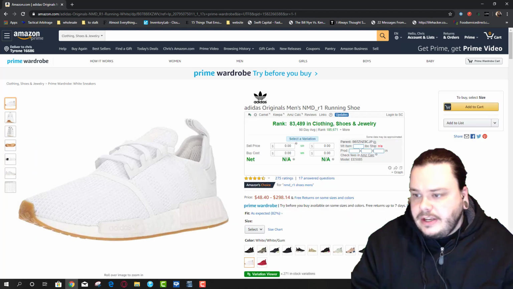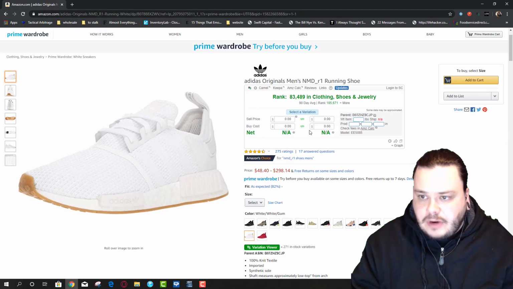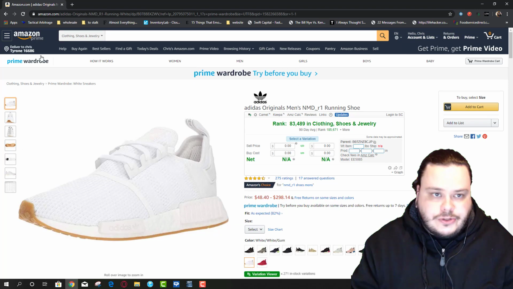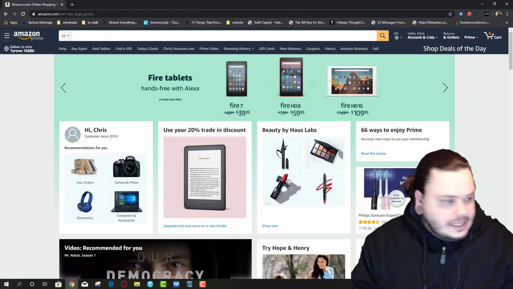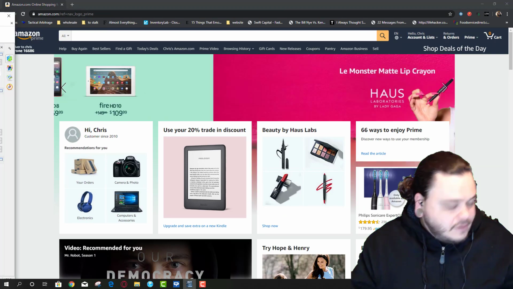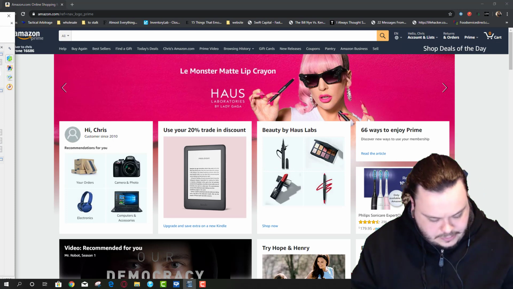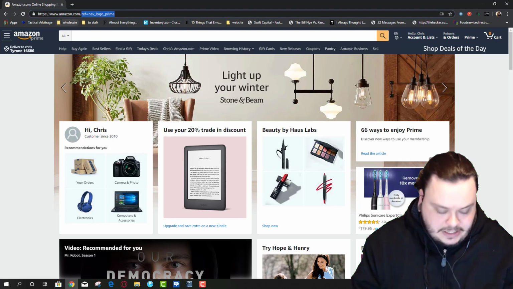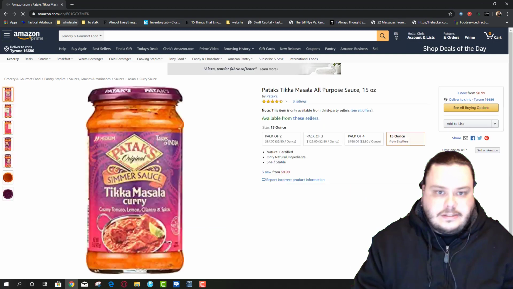I am using RevSeller and KEEPA. So this is KEEPA and this is RevSeller. RevSeller gives me an idea on pricing. KEEPA gives me an idea on sales rank and sales velocity. So let's get into this. Now, not everybody knows this, but Control X. When you're looking at Amazon.com, you can actually type in DP and then paste an ASIN in.